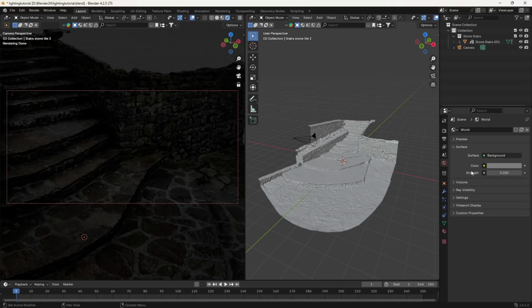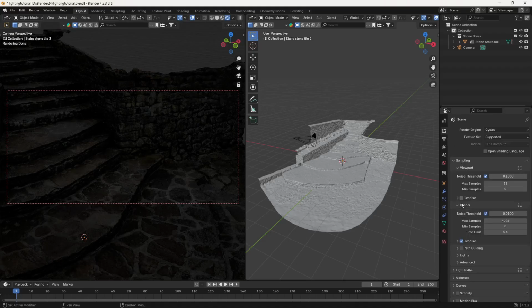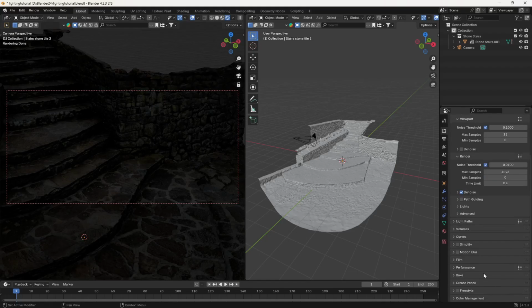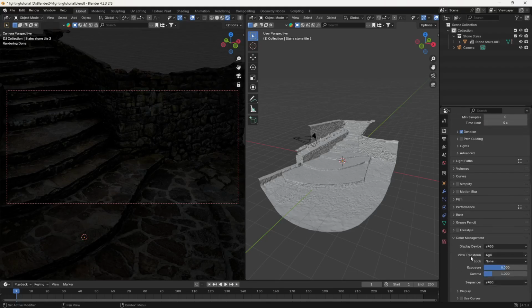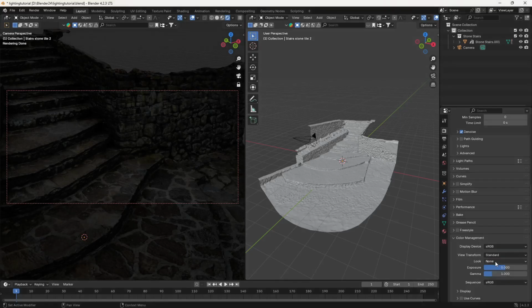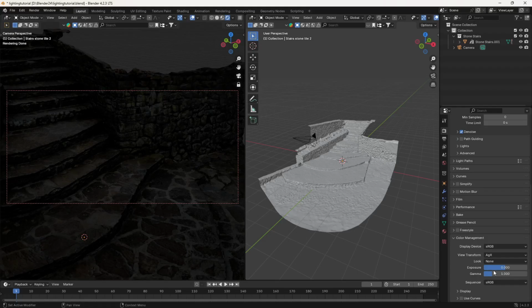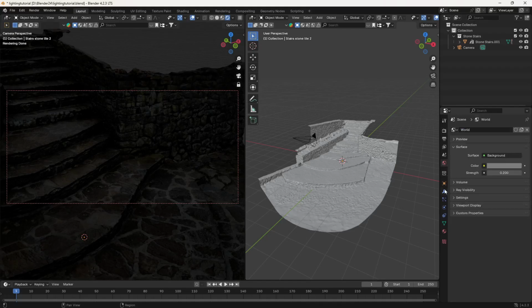One more thing, guys, I am using the AgX method. If you scroll downward here and go to color management, you can see I am using the color management of AgX. You can do the same here or you can use Standard as well. So this is the difference between Standard and AgX. I like AgX better because it gives some really good results in the highlights, which I basically prefer. So let's go again to our world settings, and now these two settings are done.